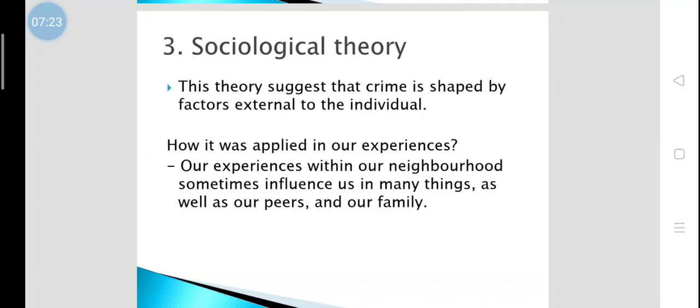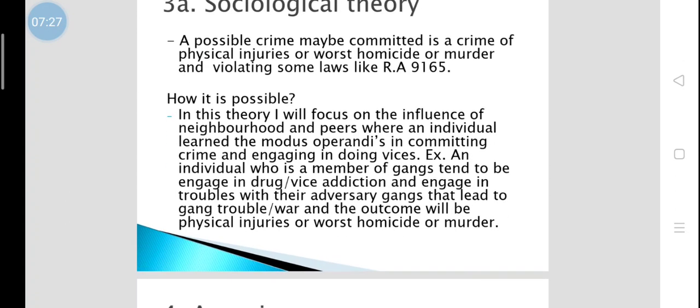I always say this to you. You have the choice. A possible crime may be committed as a crime of physical injury or worse, homicide or murder, and violating some laws like RA 9165. How is it possible? In this theory, we will focus on the influence of neighborhood and peers where an individual learned the modus operandi in committing crime and engaging in doing vices. Example, an individual who is a member of gangs tend to be engaged in drug addiction and engage in troubles with their adversary gangs that lead to gang trouble or war, and the outcome will be physical injuries or worse, homicide or murder. Yes, there is always a possibility, especially